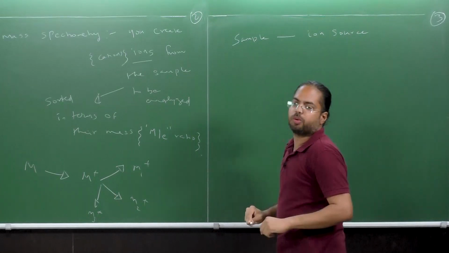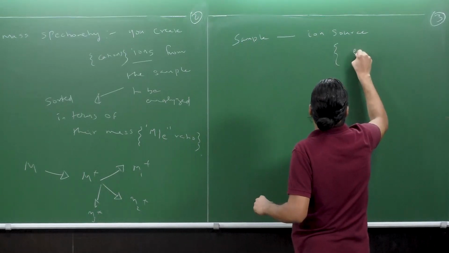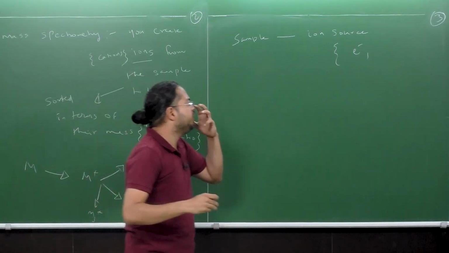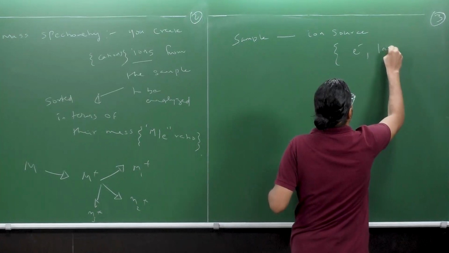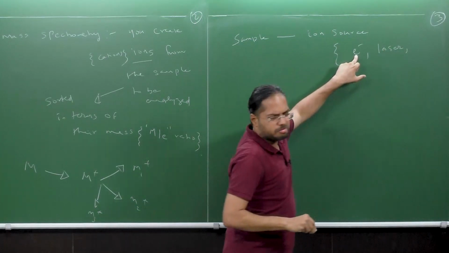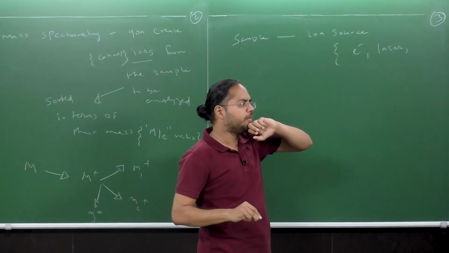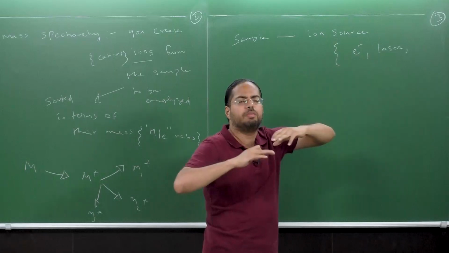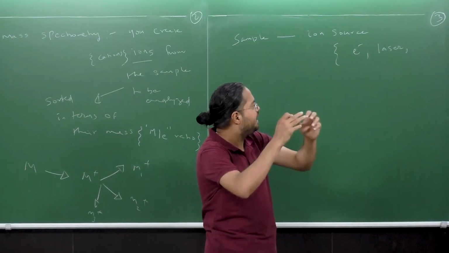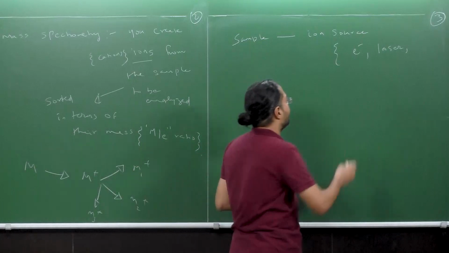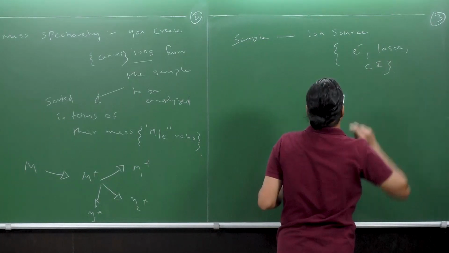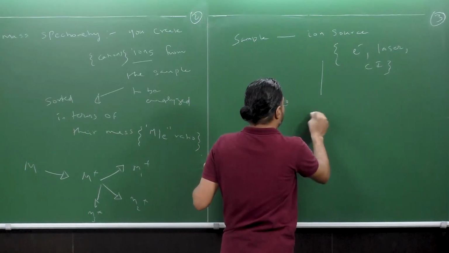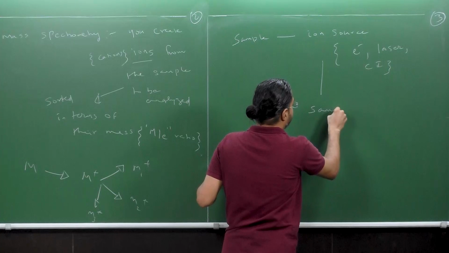So you pass it through an ion source. The ion source can be electrons, right? Highly energetic electron rays. It can also be some sort of a laser, or it can also be some kind of a chemically induced combination of molecules and electrons. That is what is called chemically induced. Okay, I'll just call it CI. So these are the various ion sources, and then you have your sample collector or analyzer,